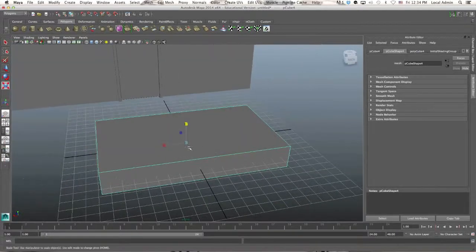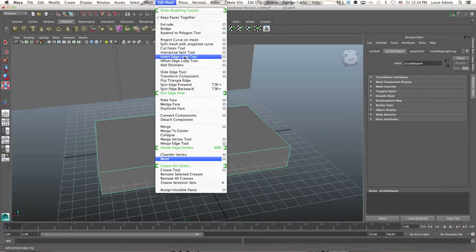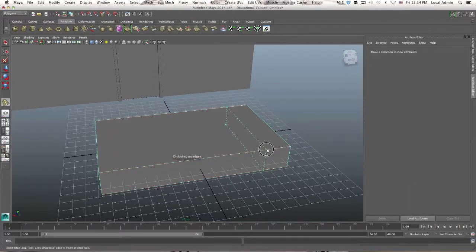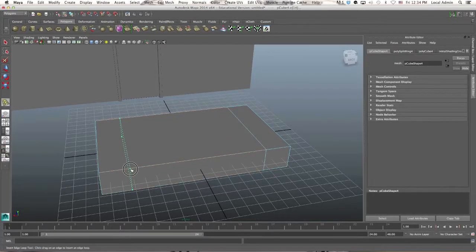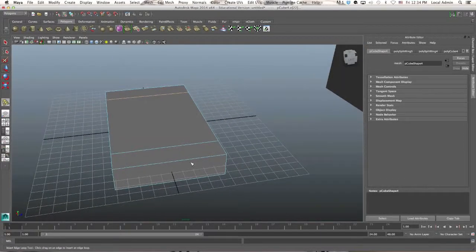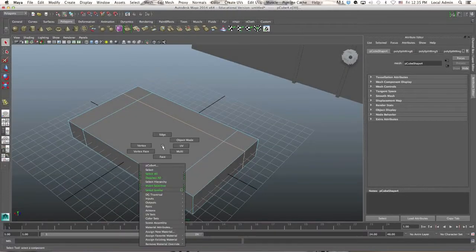So in this one I'm going to do edit mesh, insert edge loop tool, and I'm going to insert an edge loop over here and another one here to hold the arms of the couch, and then this here to signify the back of the couch using the extrude tool. So I'm going to click on